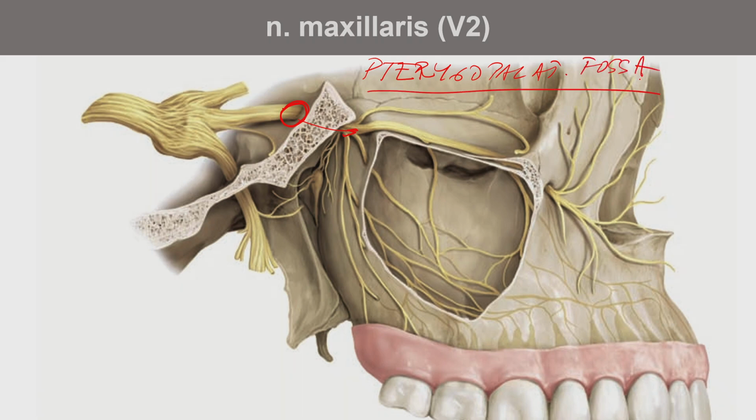So then it is branching here like maxillary artery, very similarly, and creating some important nerves. One important nerve is infraorbital, and infraorbital groove or partially channeled, then emerging from the skull in infraorbital foramen,